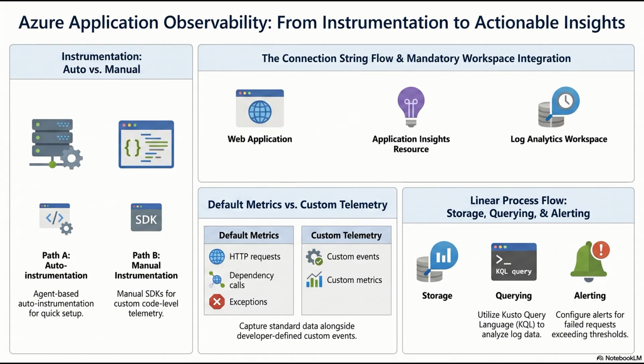So my local VM thinks it's talking to the public internet, but it's not. Right. You update your internal Azure DNS private zones. Now, when the Azure Monitor agent on your VM tries to resolve the URL for the Log Analytics ingestion endpoint, the internal DNS intercepts that request. Oh, wow. Instead of returning Microsoft's public IP address, it returns the private IP address of the endpoint sitting inside your VNet. So the telemetry data flows from the VM to that private endpoint, and then it rides the internal Microsoft Azure backbone network directly to the workspace.